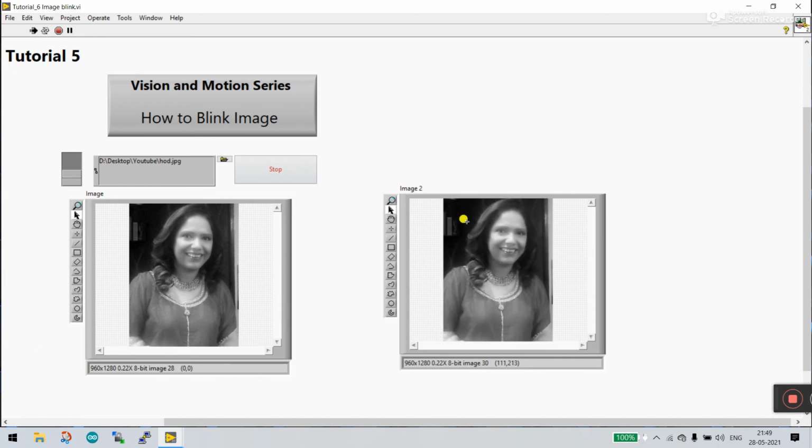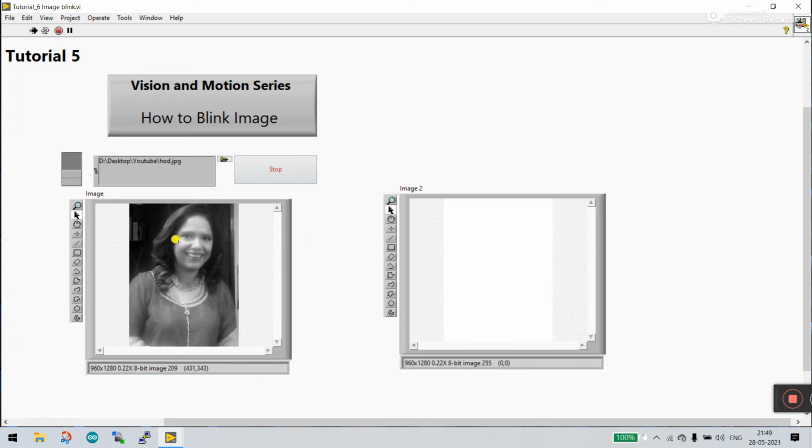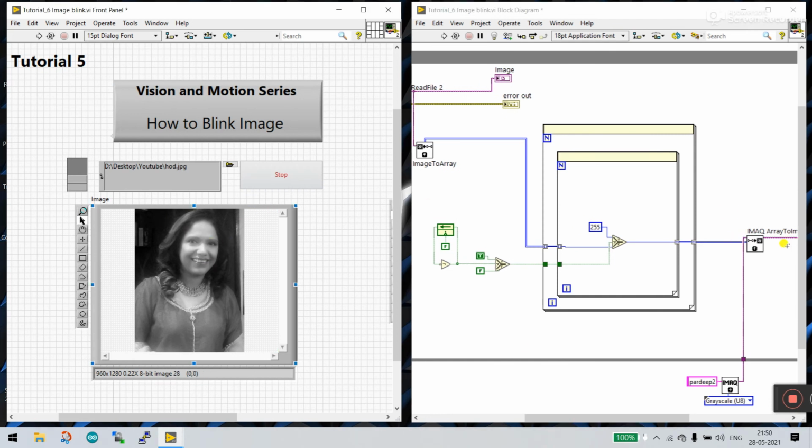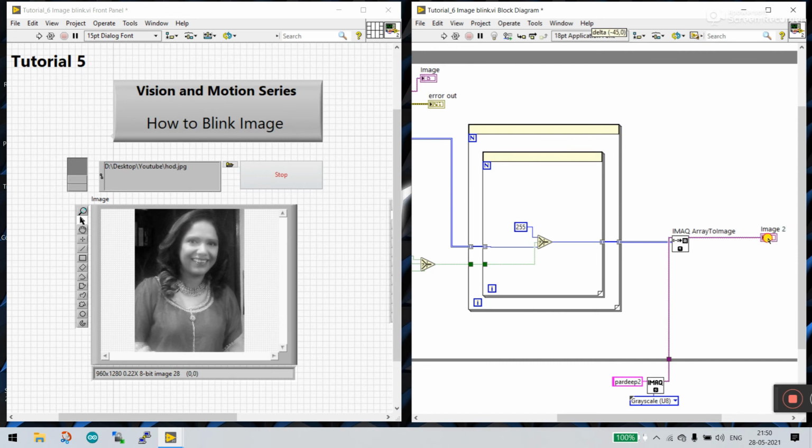Now you see why it's like a white image? Let's tell you about this. When your image is the same as the second image, that is here, when you click run, sometimes it shows this image, the same pixels. This is the first image pixel, or we can say image array, and the same output goes to this false value. Means when this condition is false, it gives the same array of this image. That's why it blinks with this same array.